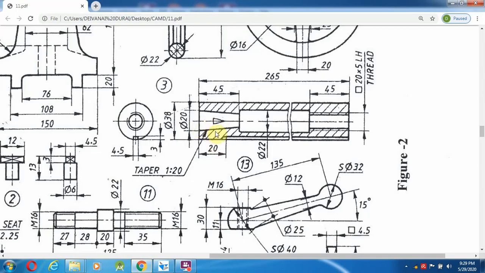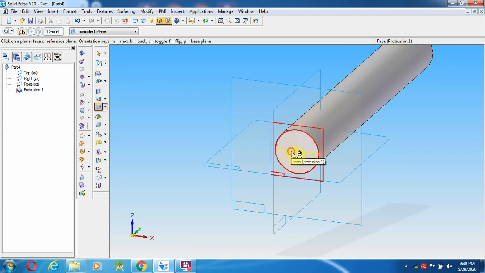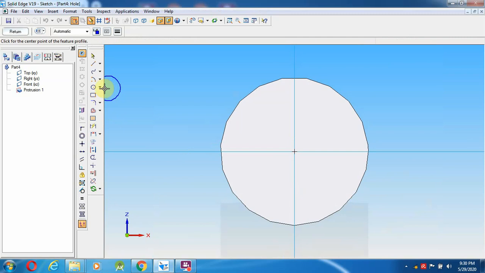For the tapered hole, the major diameter is given as 20 mm, and the minimum diameter is not given. Instead they provide the taper size 1:20. This is how we can draw it. Go to the hole option, select one end. This is the end.